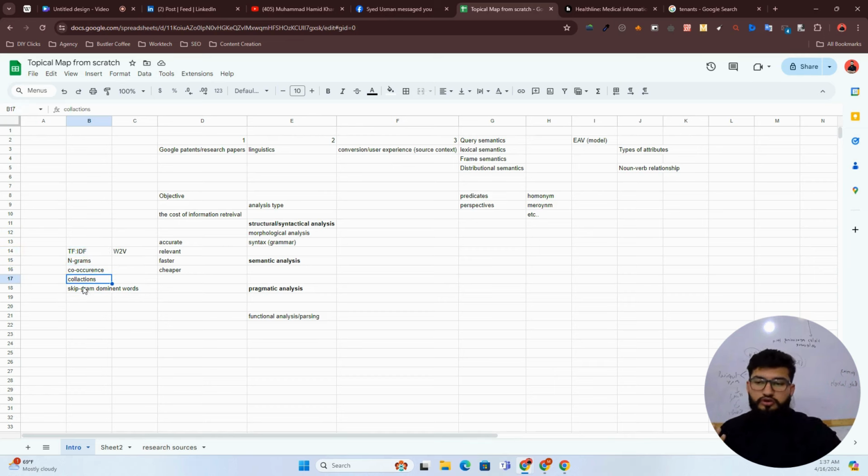Then n-grams, co-occurrence, collocation, sorry. And more things like skip grams. TF-IDF is also term frequency inverse document frequency. I would probably think that it's an outdated technology, but not that Google is not using this much. And n-grams are simply like unigram, bigram, trigram. The words, how many times one word is used. I mean, which specific word has more dominance on a specific page.